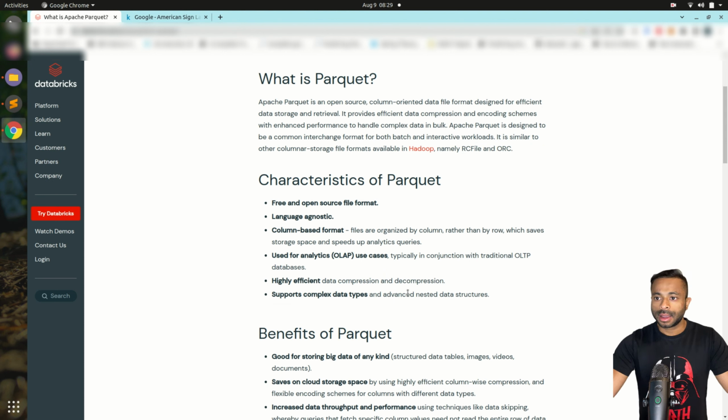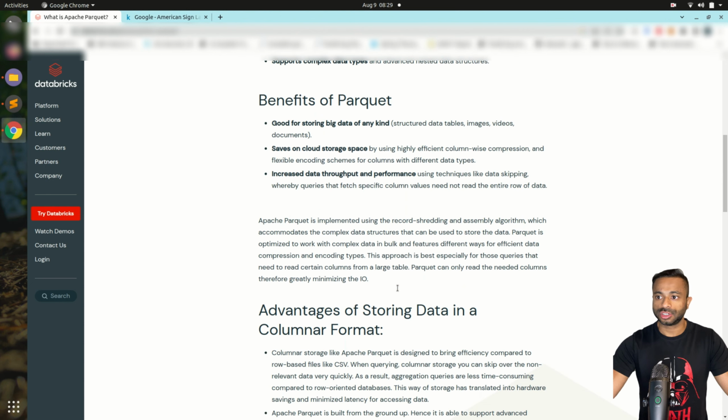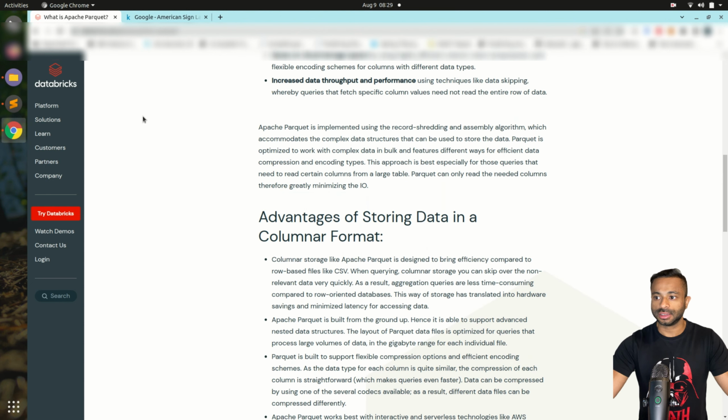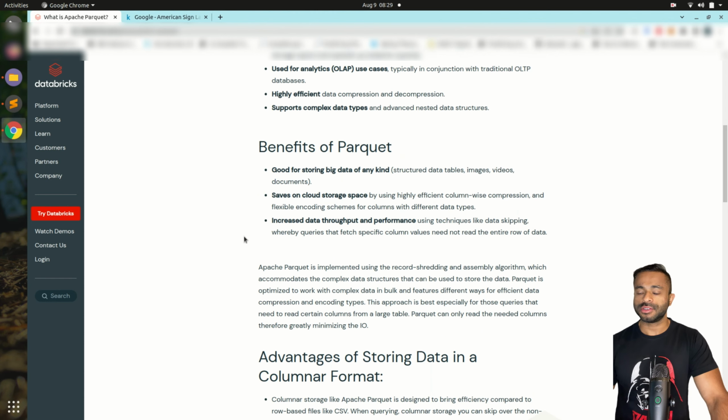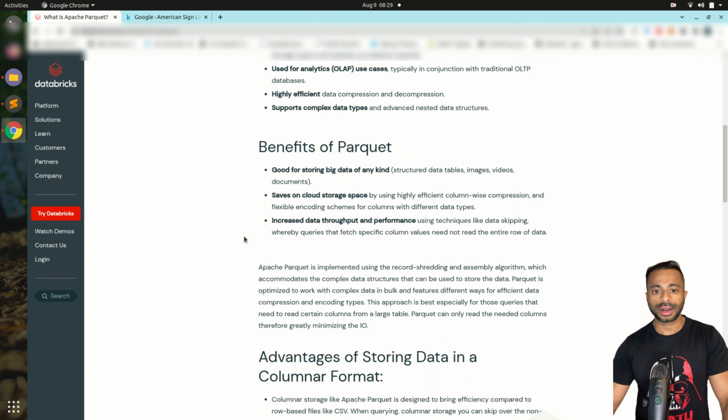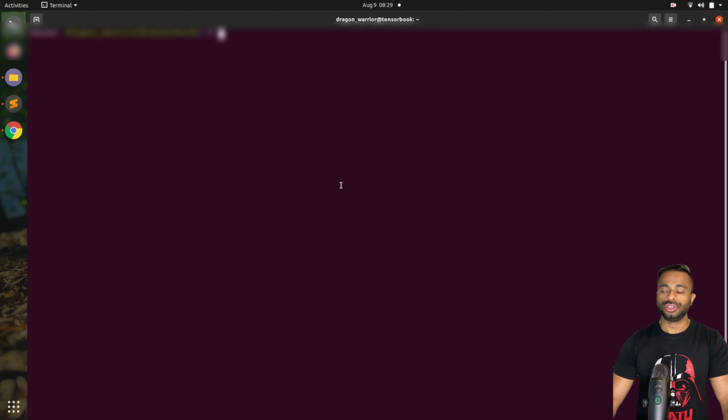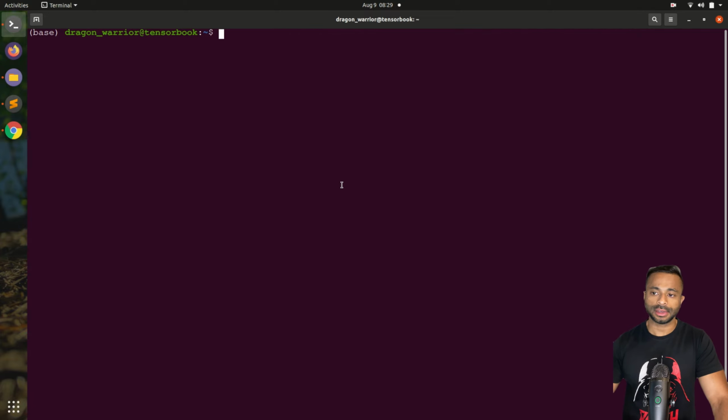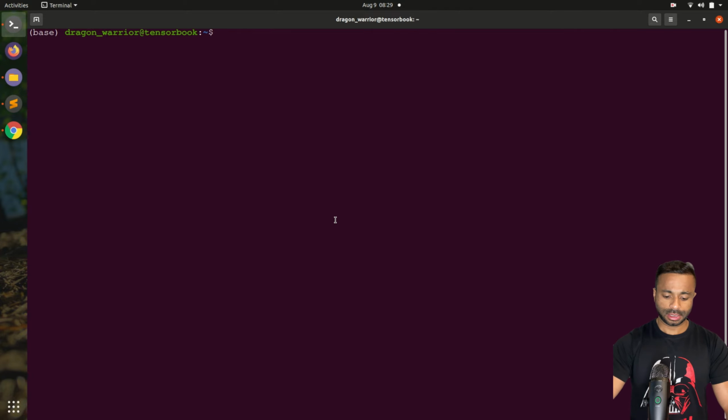Since it's a new data type for me, I immediately searched for how to read it, because it seems like it's column oriented, which means it should be a tabular format. With a little bit of Google search, it turns out you can actually convert a Parquet file into a data frame from pandas. So what I did was,